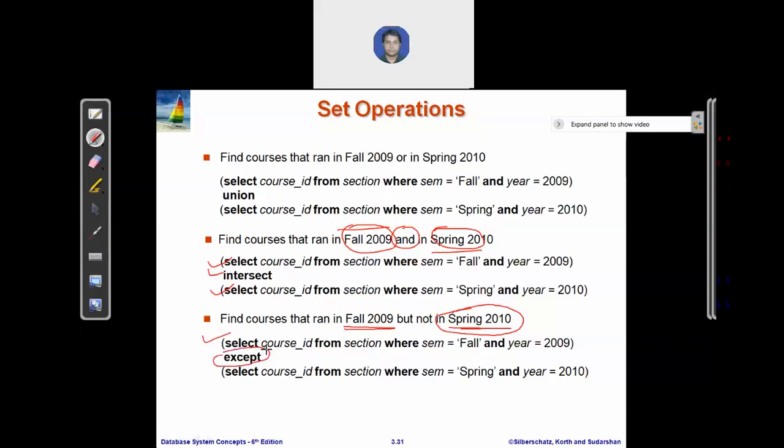First it returns the course IDs of the courses which ran in the fall season of this year, but not in that season of that year. In this way you can get the result using set operations in SQL.